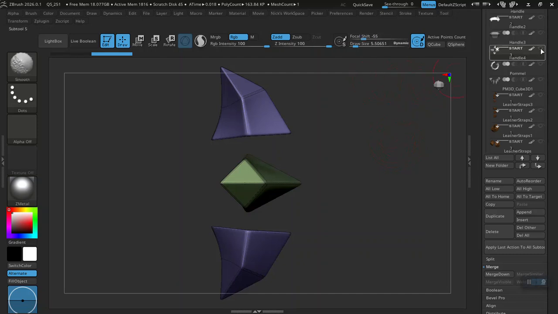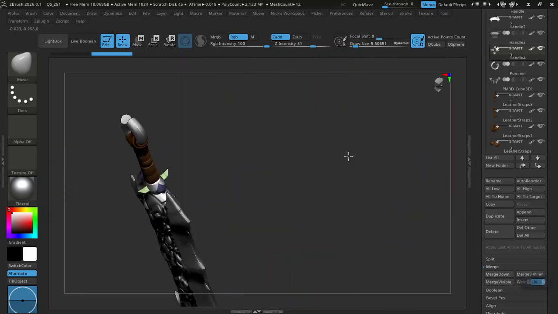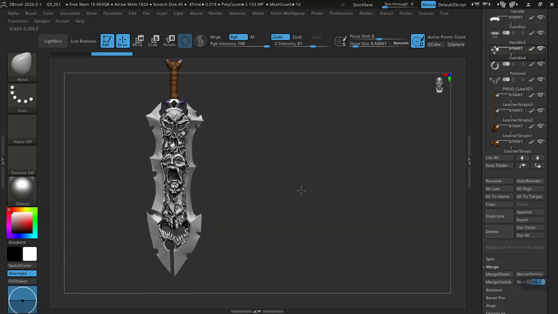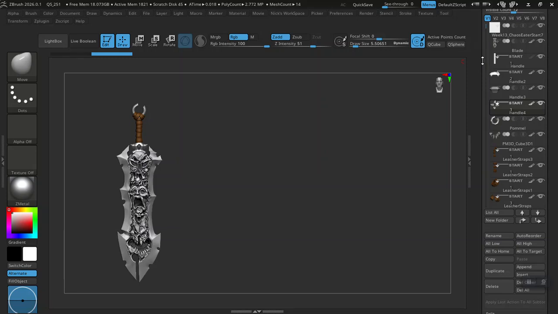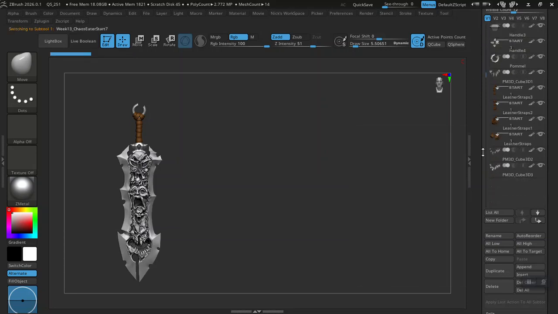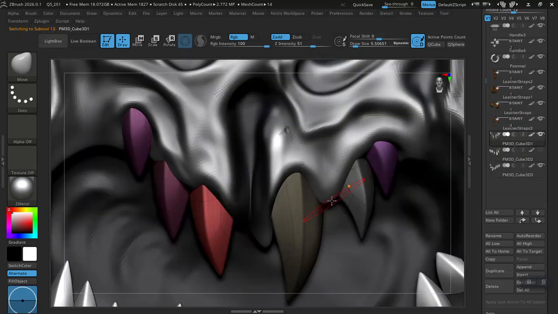And then we're going to press Shift to expose all on the eyeball. All right, now we're here. We have our blade, our handles, our leather straps, but then we have these teeth. So let's take a look at the teeth. I already kind of did it on the